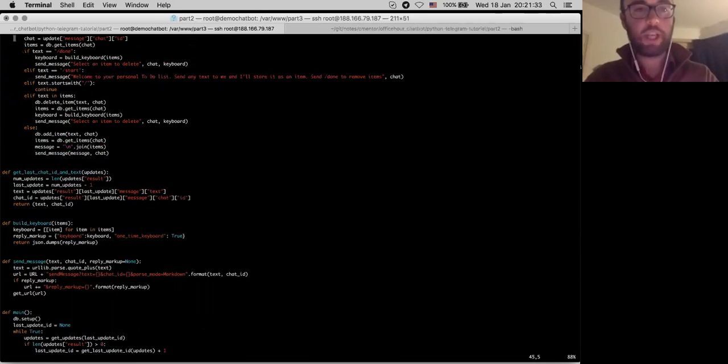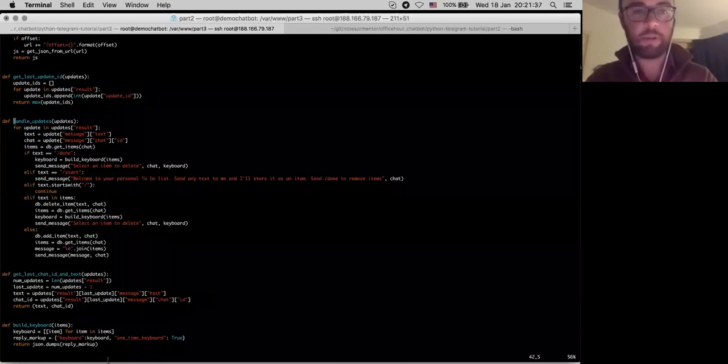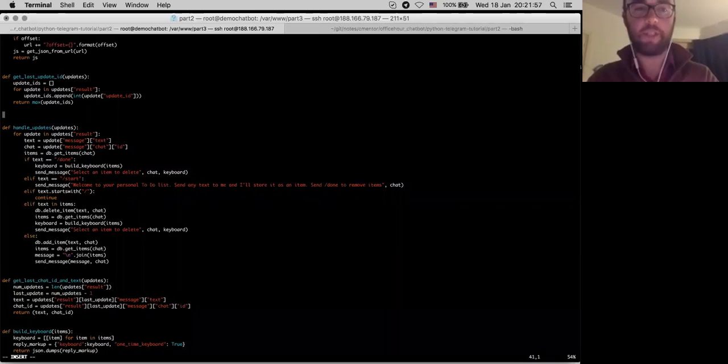So one thing we want to change here is we had this function over here, handle updates. This took a whole bunch of updates and then looped through each of them, processing each one individually. And now we're only ever going to be getting updates one at a time, because Telegram will post them to us the moment one update comes in. It'll make one request to our server, which will have one update. So instead of handle updates, we want a handle update function, which does all of this, but only for one